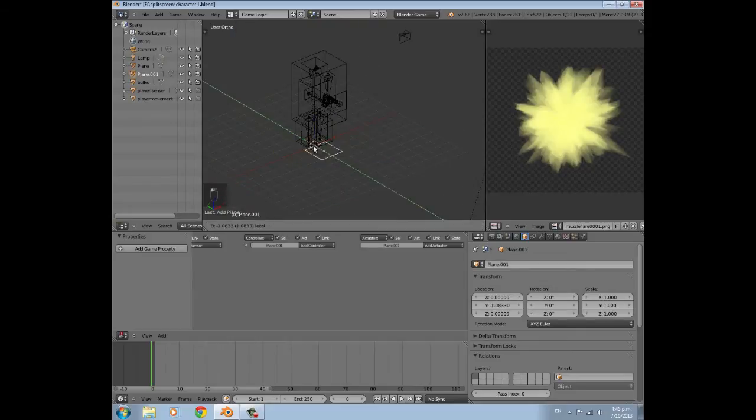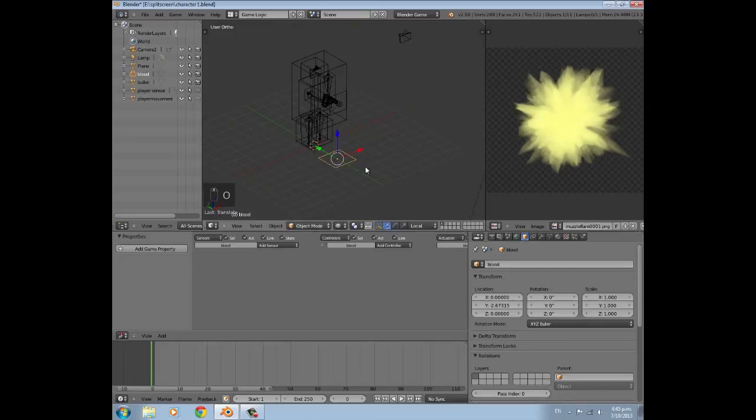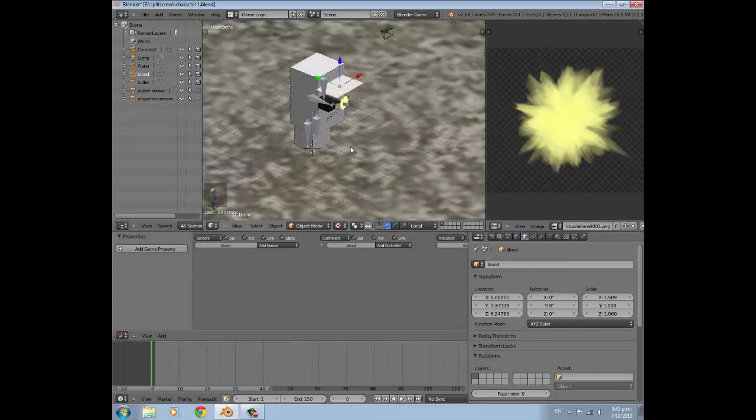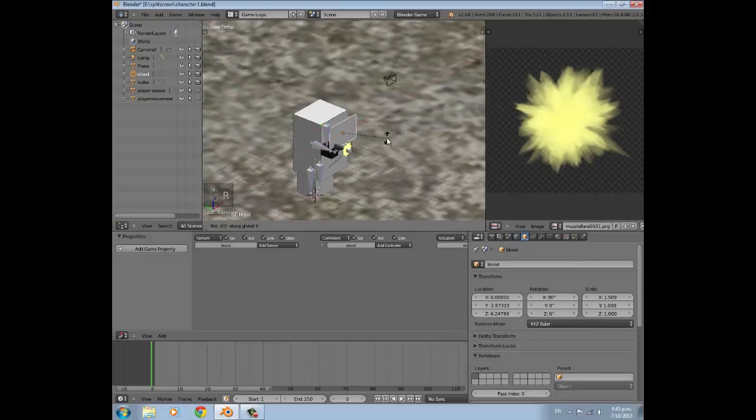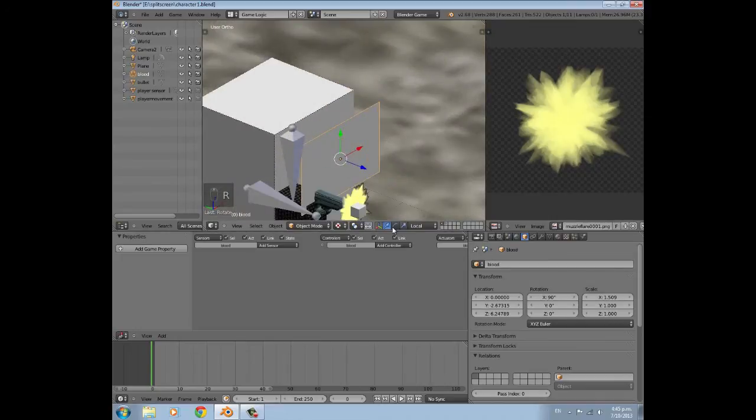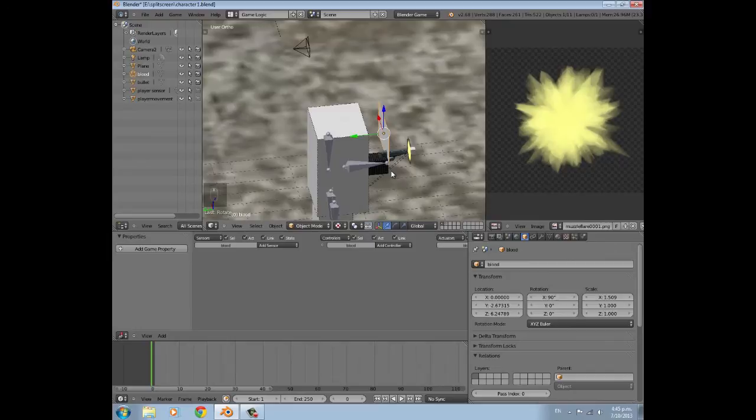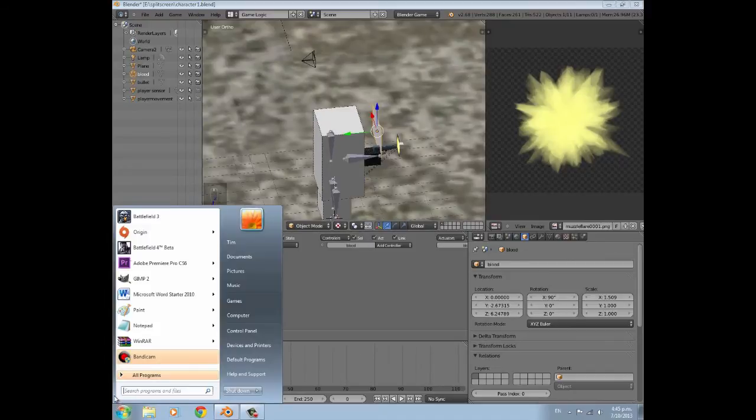So we'll add a plane and call it blood, and then press S X and make it the same size as the camera, then press R X 90 and change it to global,